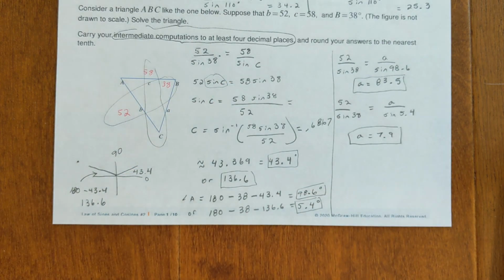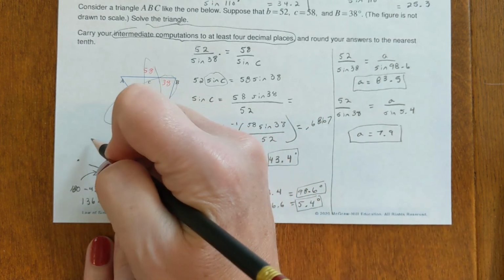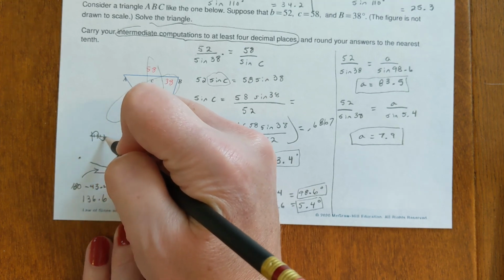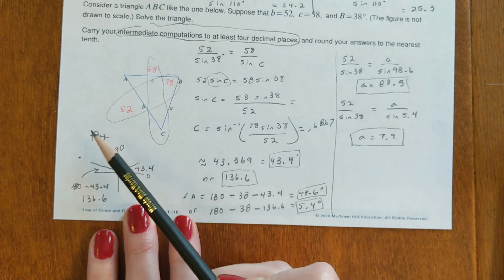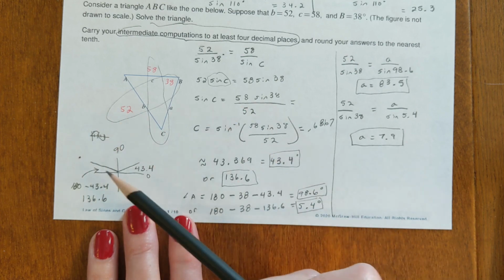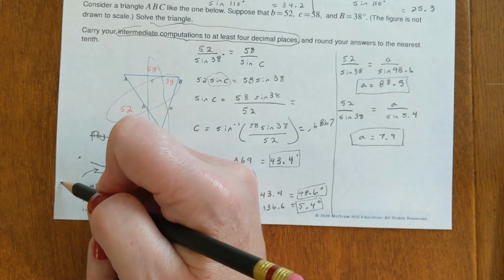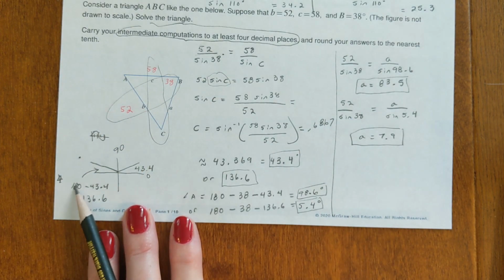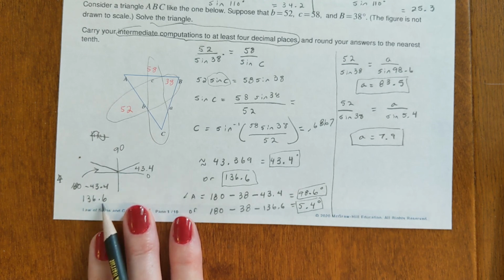It can also have another angle that's equal to it. The sine wave, let me draw the sine wave for you here. There's the sine wave. So your calculator is giving you back the answer right here in the first quadrant of it, but there's another one over here that's equal to it too. So what you got to do, just do this each time, you guys. Doesn't matter that you haven't learned trig yet. You're going to go 180 degrees minus whatever that angle was, and you get the other possible angle here, which